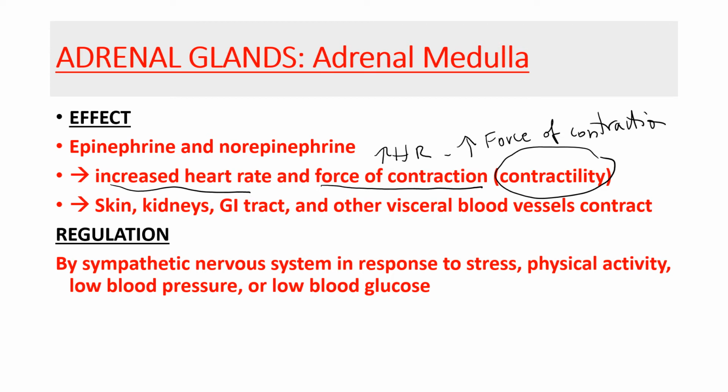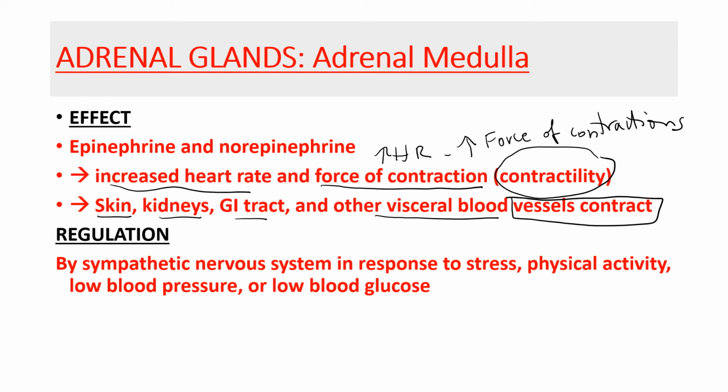These hormones will also affect peripheral blood vessels, which are the blood vessels of the skin, kidneys, GI tract, and other viscera. These hormones will cause contraction of these blood vessels. Remember, this is the same effect that the sympathetic nervous system had on peripheral blood vessels. Contraction of peripheral blood vessels causes a movement of blood away from these organs towards the center of the body, the heart,